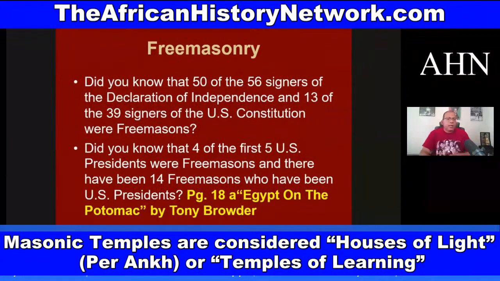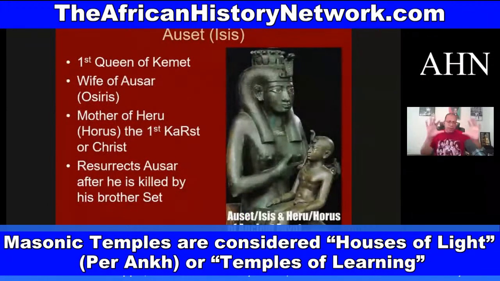50 of the 56 signers of the Declaration of Independence were Freemasons. And 13 of the 39 signers of the U.S. Constitution were Freemasons also. Four of the first 5 presidents were Freemasons as well. Okay. And then we deal with some of the Neteru,